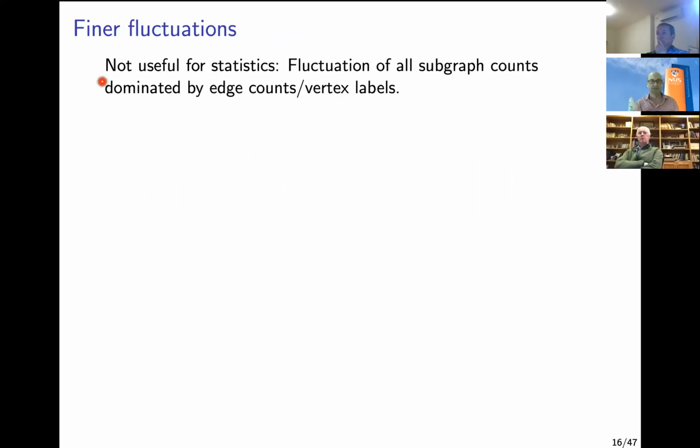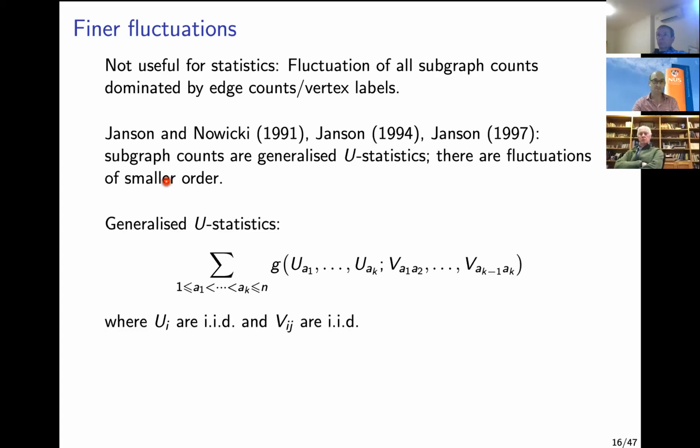As I said, this first approach gives us some insight, but is not satisfying, because all we're looking at really is, in the constant case, edge counts, and in the general graphon case, vertex labels, which is just not useful for statistics. We're not interested in the vertex labels. These labels are sort of artificial, so we're not interested in those. And so it turns out that the right way to look at this, we believe, is through the lens of